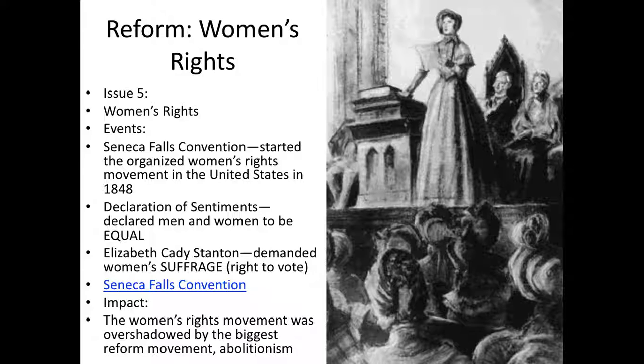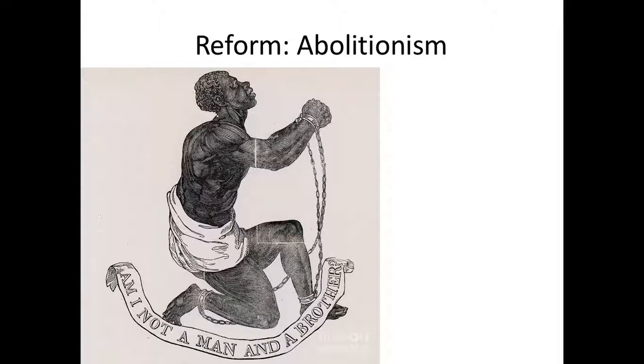So the women's rights movement is going to continue throughout the Civil War and after the Civil War, but basically even many women are going to agree that as bad as the inequality of the sexes is, slavery is worse, and so a lot of them decide to pause on pushing for women's suffrage and women's rights and say, let's put our energies behind ending slavery. And so that brings us to the last major issue of reform during the antebellum period, and that will be abolitionism. In particular, the abolition of slavery.